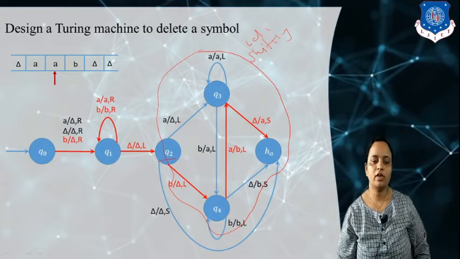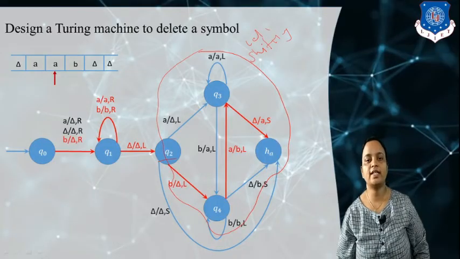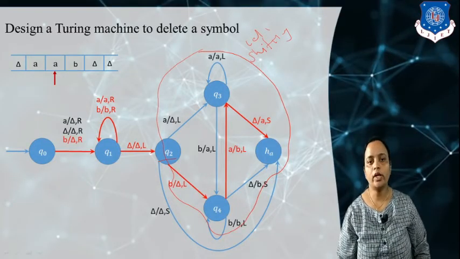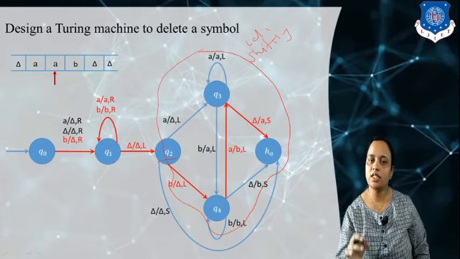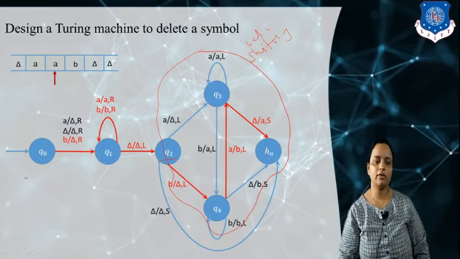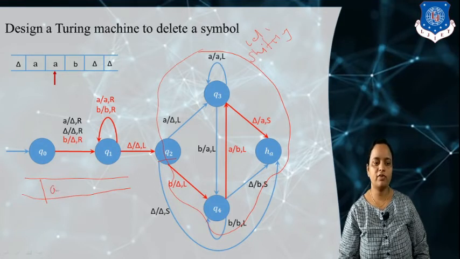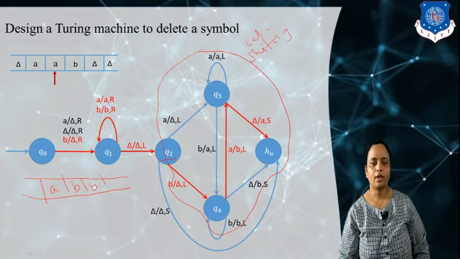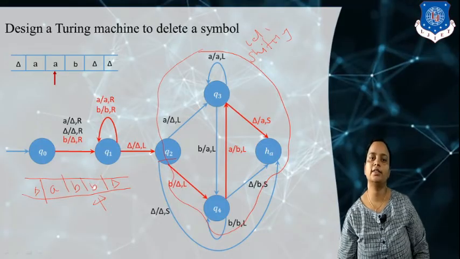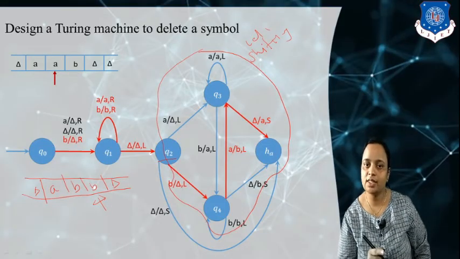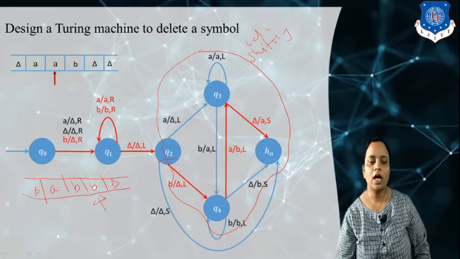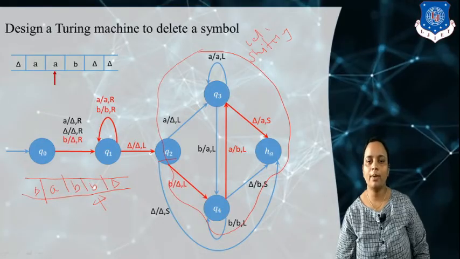Now if you see over here, why I have used delta is replaced by a delta. Suppose we are going to delete a symbol which is the last symbol of the input string. So here I have taken an example so you can get the idea about this. Suppose my string is like this, A, B, B, delta. My head is here, now I want to delete this symbol. As you can see, this is my last symbol. Now apply the logic to delete the symbol on this input string.